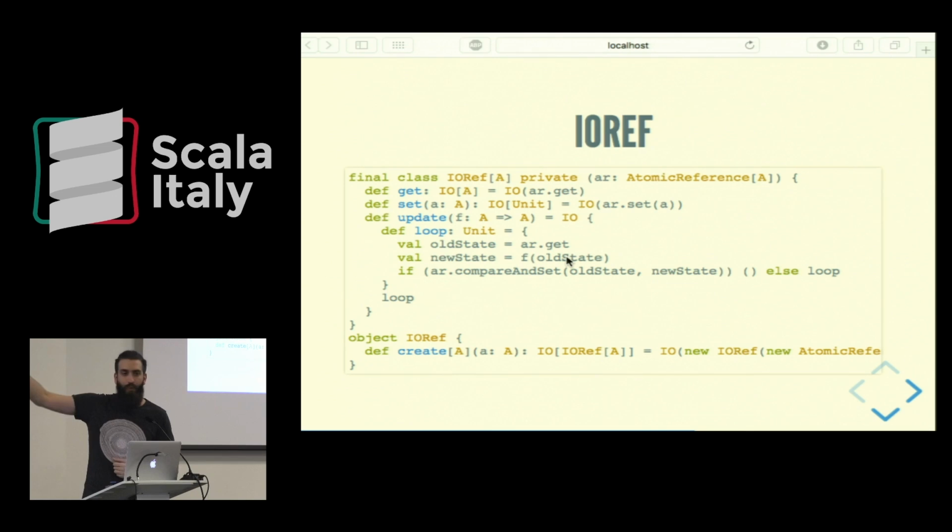So it's got this loop, which is a tail recursive function, and again, the whole thing is suspended in I/O, again, for purity. It's going to get the state from the atomic reference. This is then your copy of the thing. And then it returns a modified copy of it with the F, your update function. And then it's going to say, if I know that the old state hasn't changed, so if I try and, that thing is called a